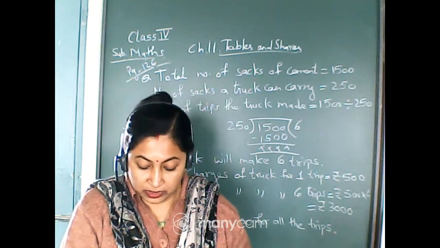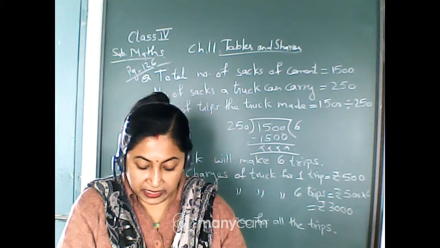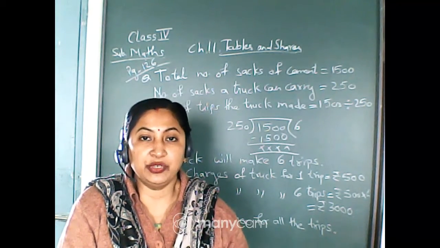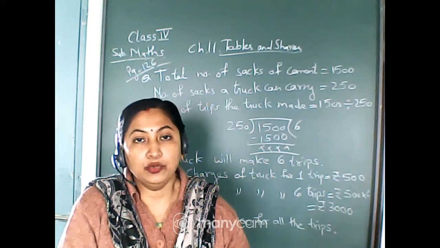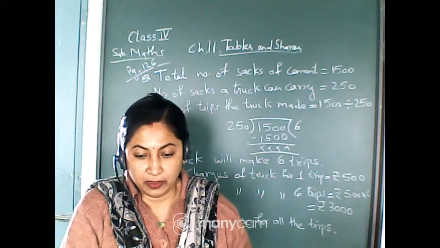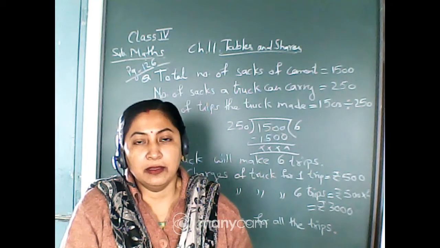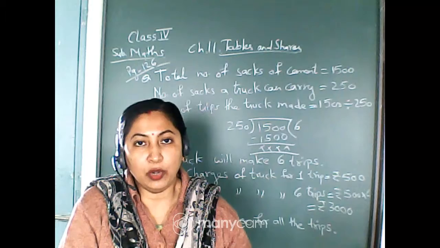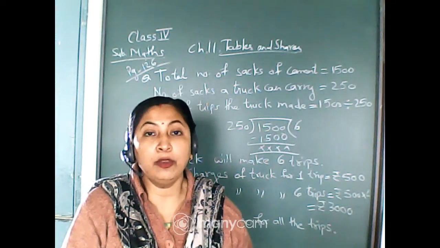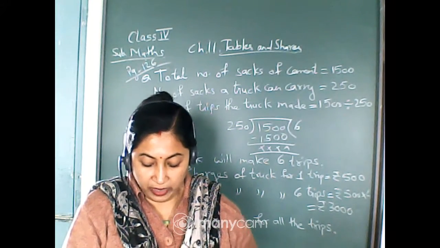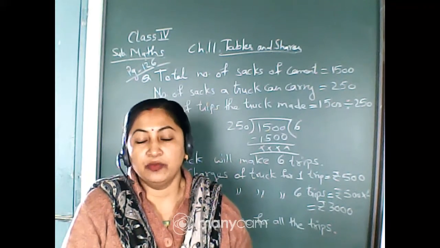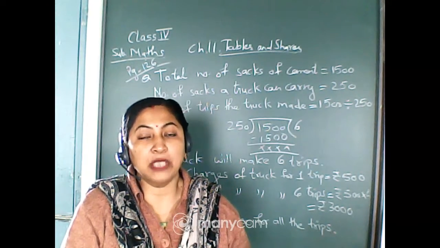Okay. Now see the first question. Are the sweets in the tray enough to pack 23 small boxes? In the tray there are 80 laddus, isn't it? So is it enough to pack these 23 boxes? No, because there are total 92 laddus, but in that tray there are only 80 laddus, isn't it? So the answer will be no. 80 laddus are not enough to pack 23 small boxes.